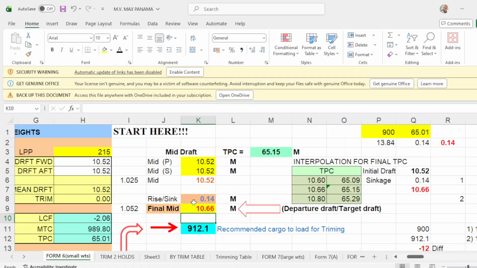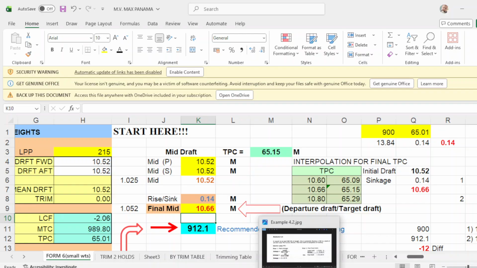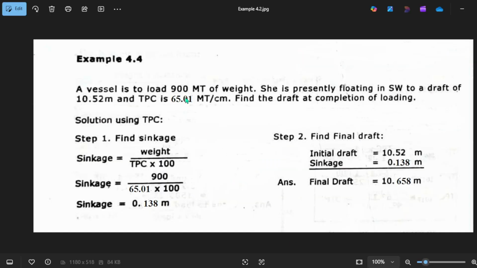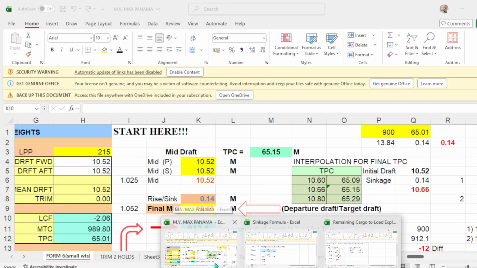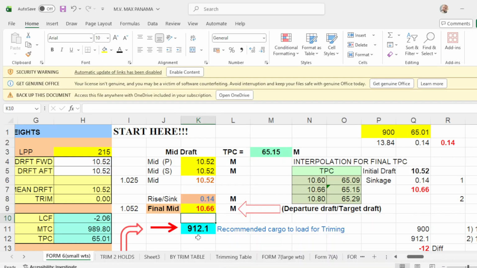Now, according to the plan, you have to load 900 tons, okay? But the program recommended 912. So you are now more than 12 metric tons.